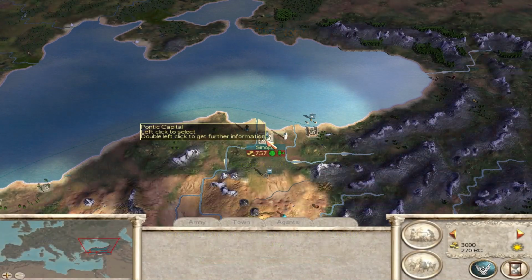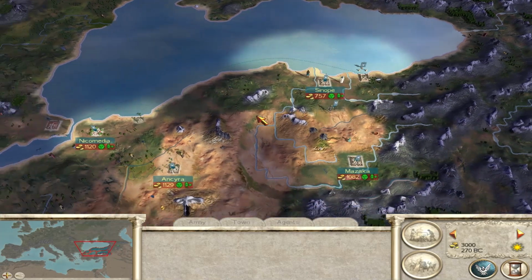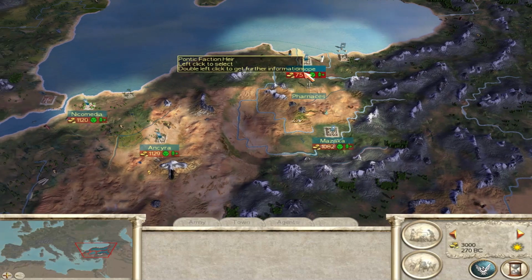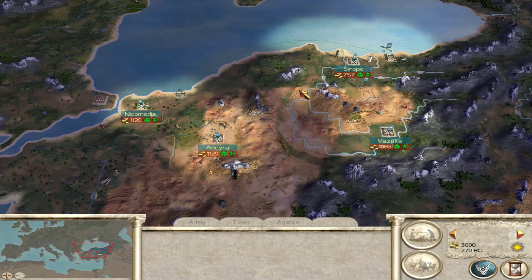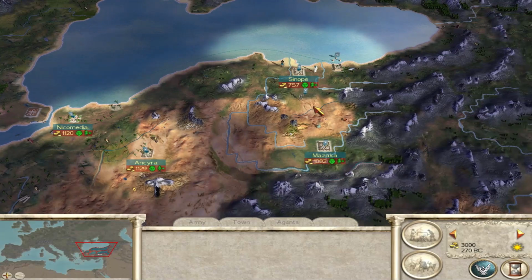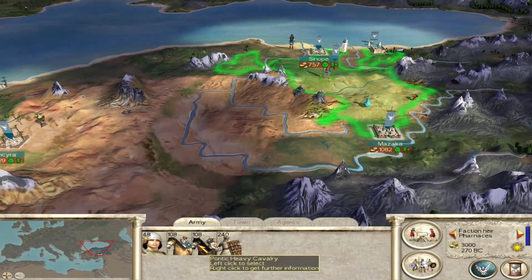All right, so here we are, and of course we are playing as Pontus, everyone's favorite faction. And as you can see, you start with even more territory than you do in vanilla. In vanilla, Pontus has Pontus and Cappadocia, right? But here you've got Galatia and Bithynia as well, which is, of course, not accurate at all. But I mean,